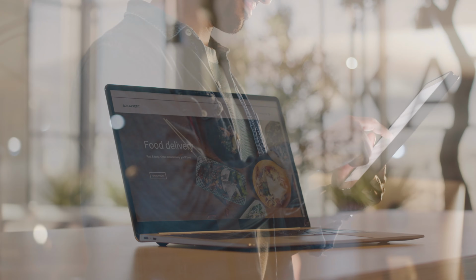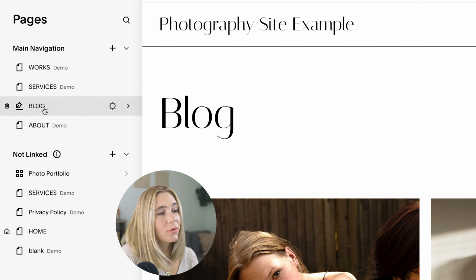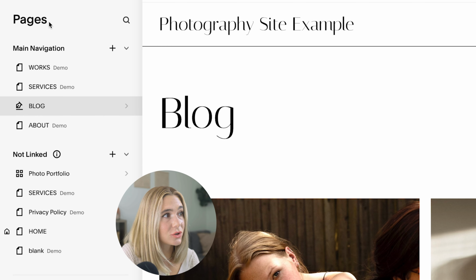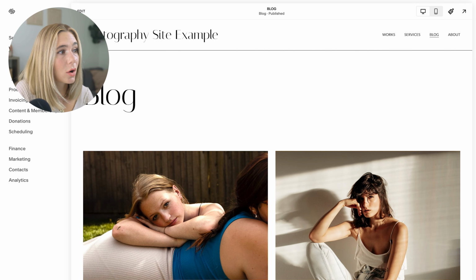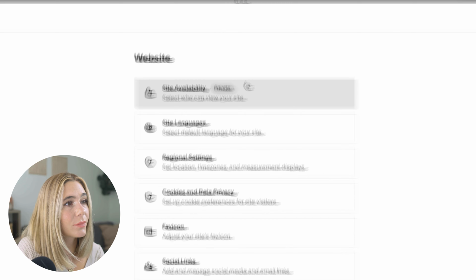So now, lastly, we need to publish our site. So let's go ahead and do that. Now that we've got our blog, we've got our portfolio, we've got our homepage, you understand the different pages, how to add new pages for whatever you need, we'll go ahead and go back home. Now what we're going to do is go ahead and click the settings,